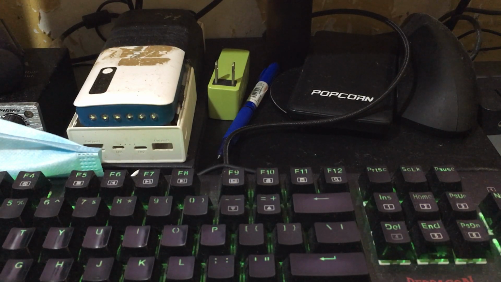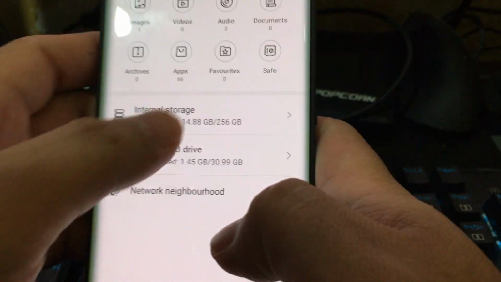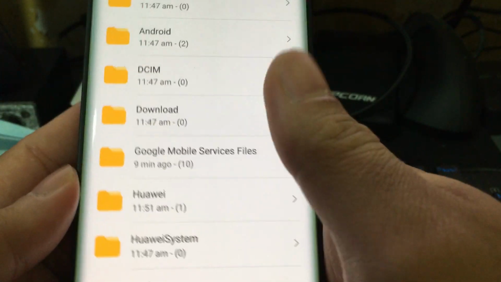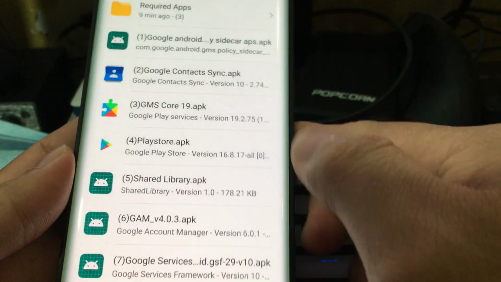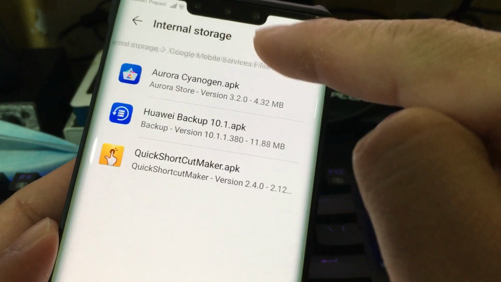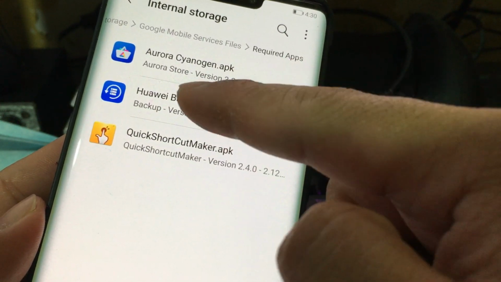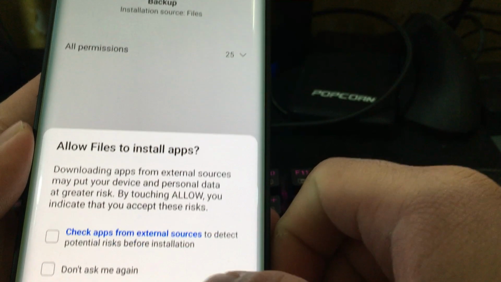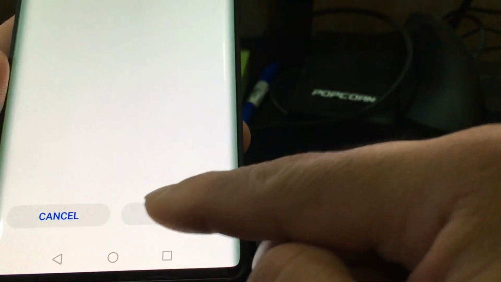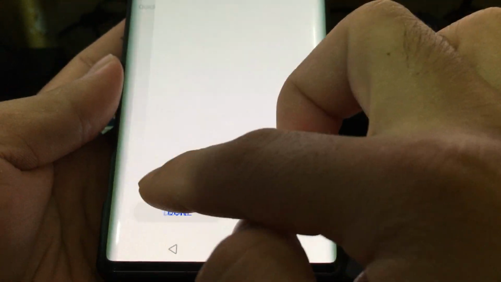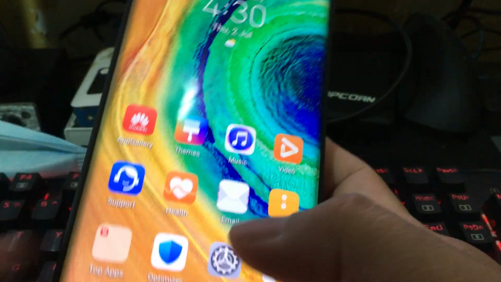Okay, just look for the files here really quick. Make sure it's all there. Okay, so I have the files here in my internal storage. So under this folder and under required apps, I'll just use the backup APK file here and install it. I'm done. Alright, so now that we have the backup installed,